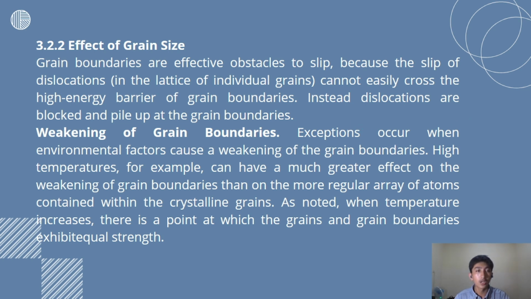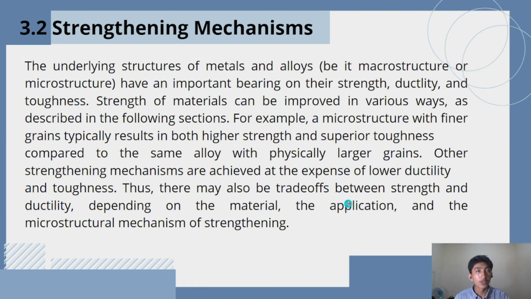High temperatures, for example, can have a much greater effect on the weakening of grain boundaries than on the more regular array of atoms contained within the crystalline grains. When temperature increases, there are risks of a point at which the grains and grain boundaries actually weaken. The underlying structure of metals and alloys, the atomic structure or microstructure, has an important bearing on their